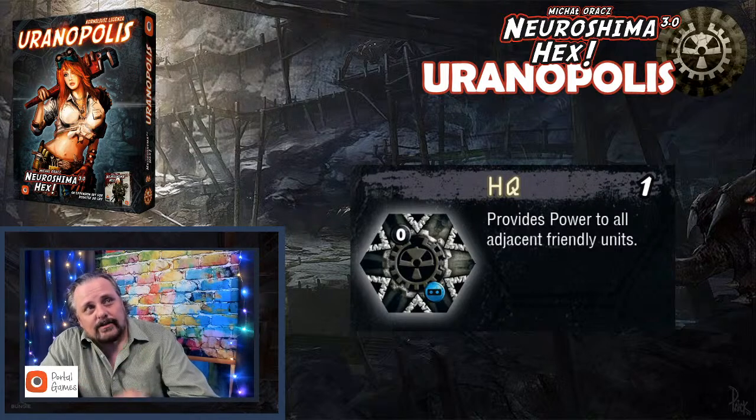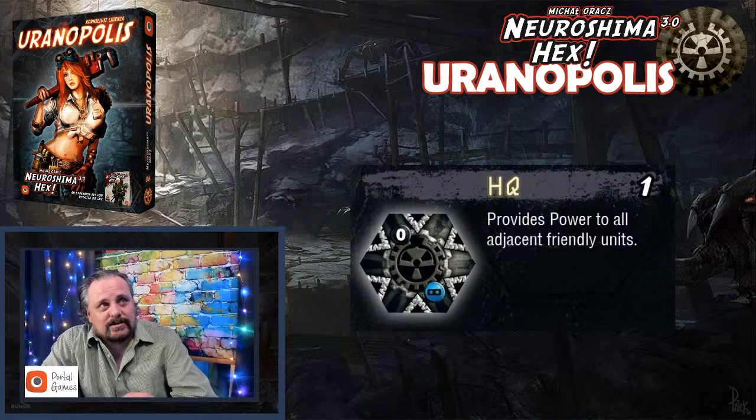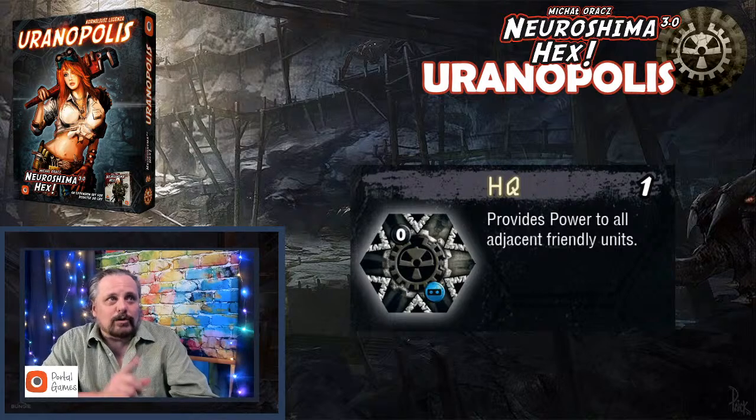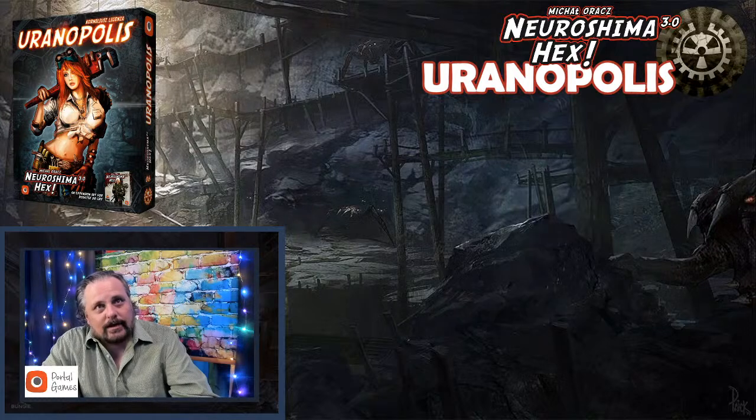So if you look here, the HQ is a normal HQ, it can attack in every direction. It's got an initiative of 0, but it provides power to all adjacent friendly units. Power, you say? Yes, power. So that blue thing is power. It's like a socket, right? So if we look at the...